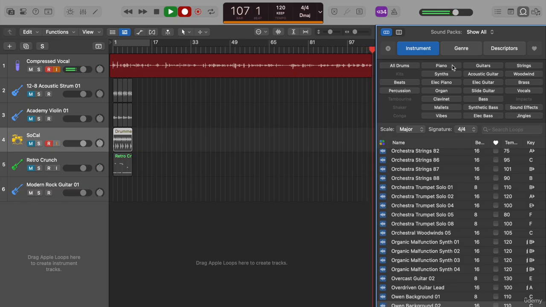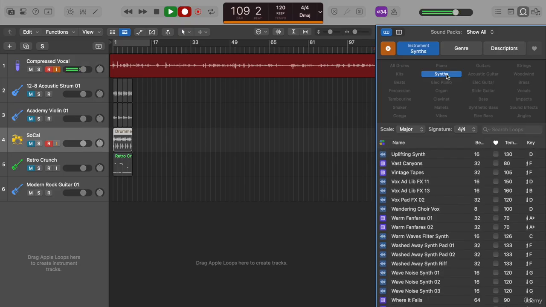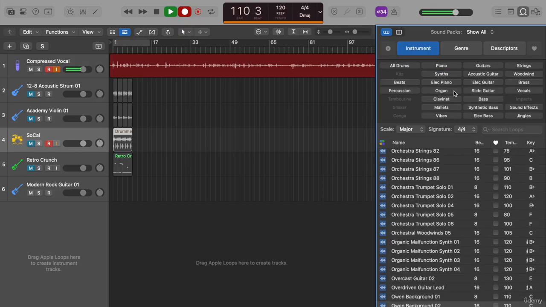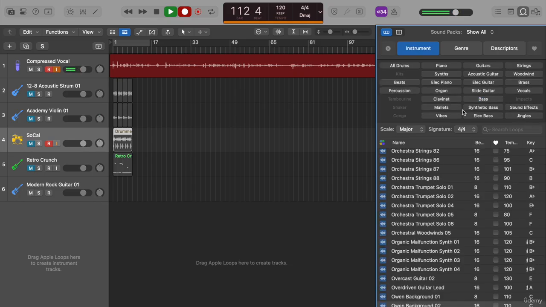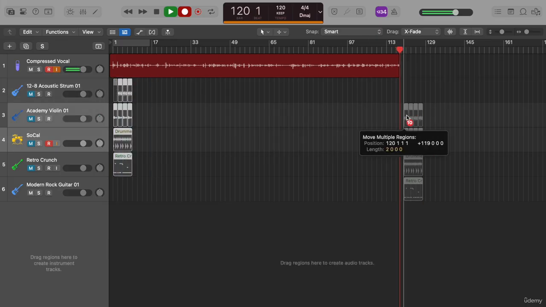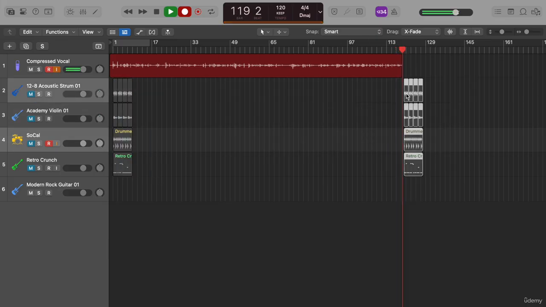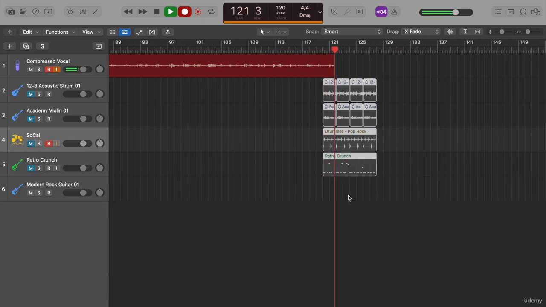Obviously you can't create a song like you would if you were recording all the instruments, but you can still do a little something with all the instruments that you have. Then you have synths and other instruments, organ. It's very complete. So you can do an actual song, and if you work properly around the loops, you can actually create something very nice. Now I'm gonna take this one and move it here,